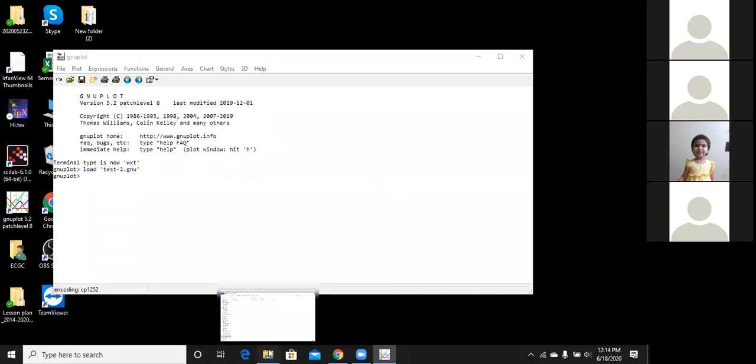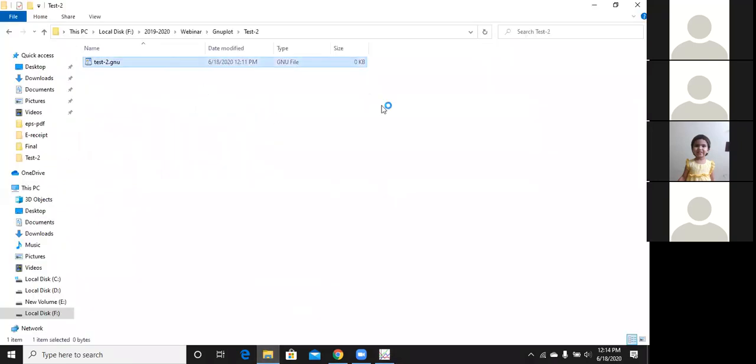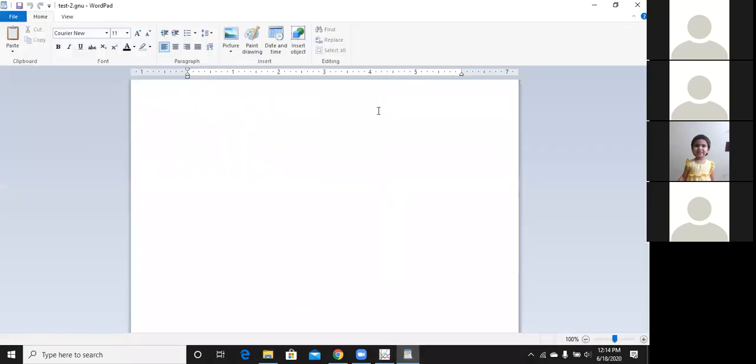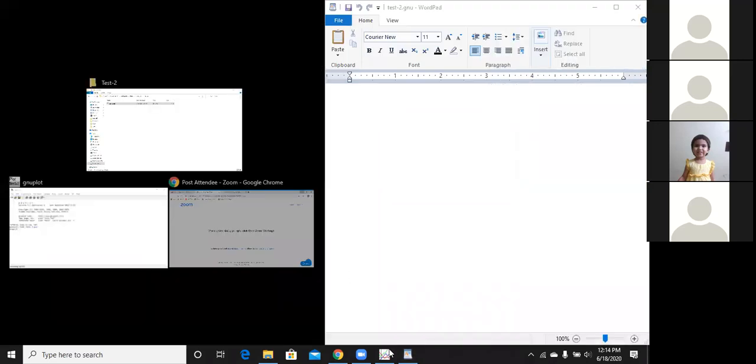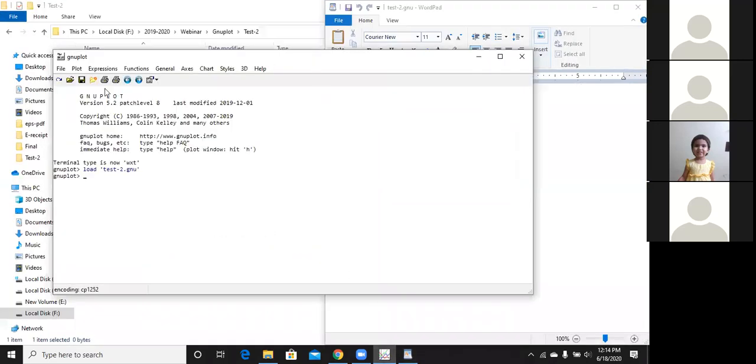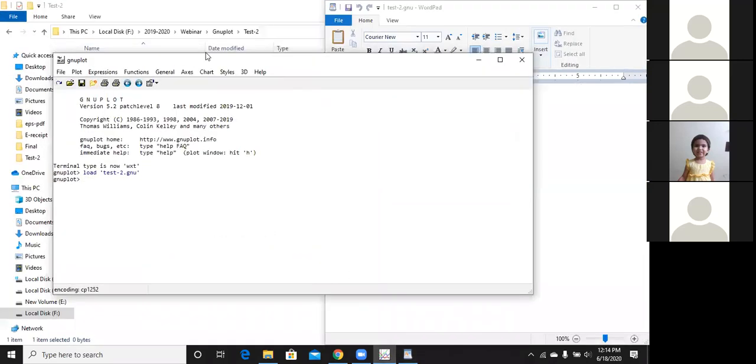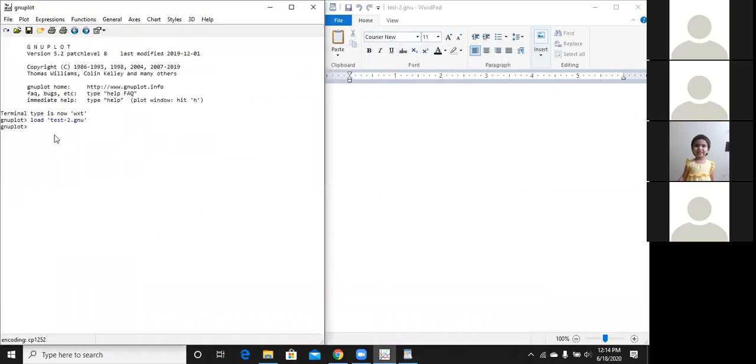Could you please go to the gnuplot window, not this window. Now please type pwd and then enter.